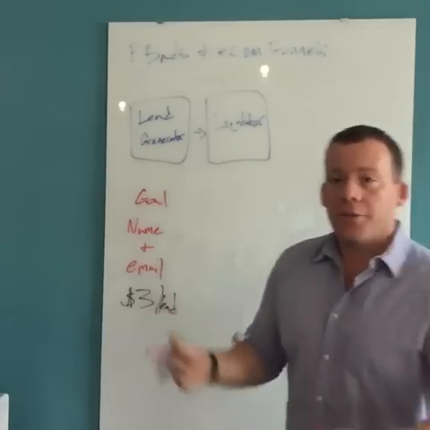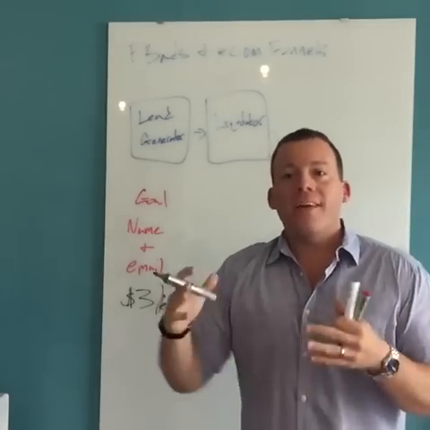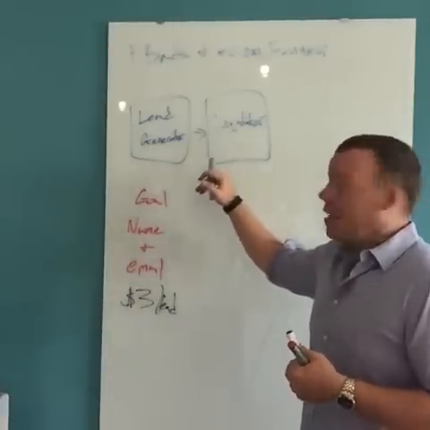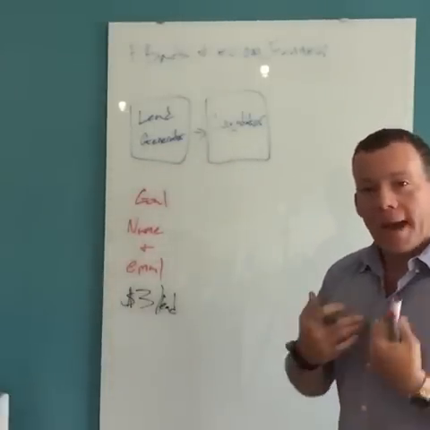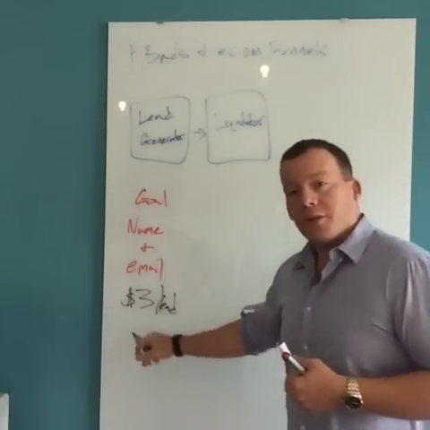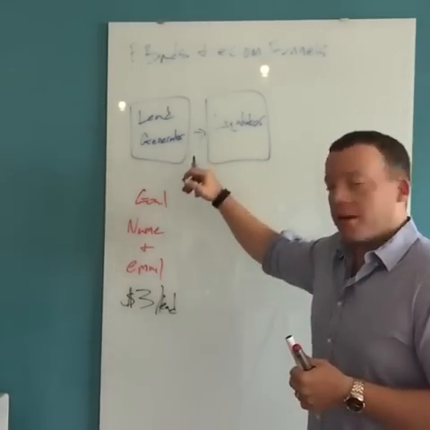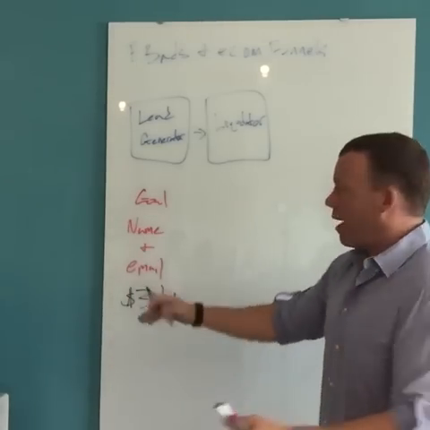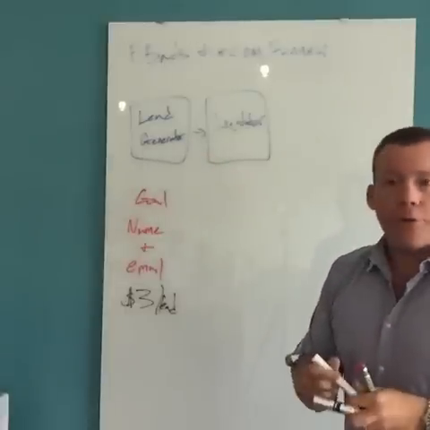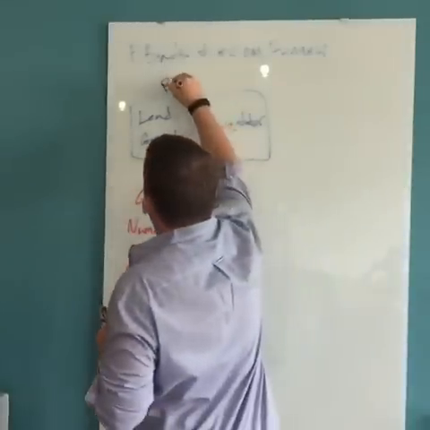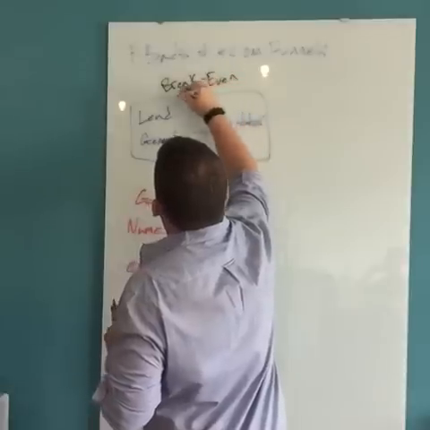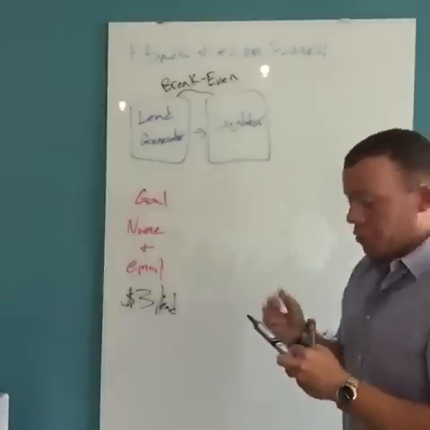Now this is a product that you sell, it can be physical, it can be digital, that you really don't make money on, right? The goal here is not actually to turn a profit. The goal here is to get enough money back in return so that the lead was basically paid for. So if you spent $3 for a lead, you would want enough people to buy your liquidator where your traffic is basically paid for and you're getting leads for free. So this is kind of like the first part of what I call the break-even funnel. So again, the goal here is to collect leads, break even on your liquidator product.